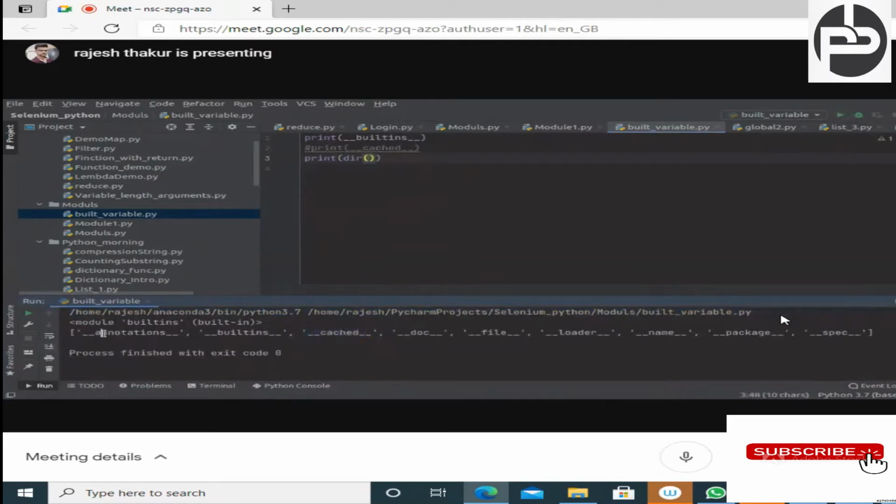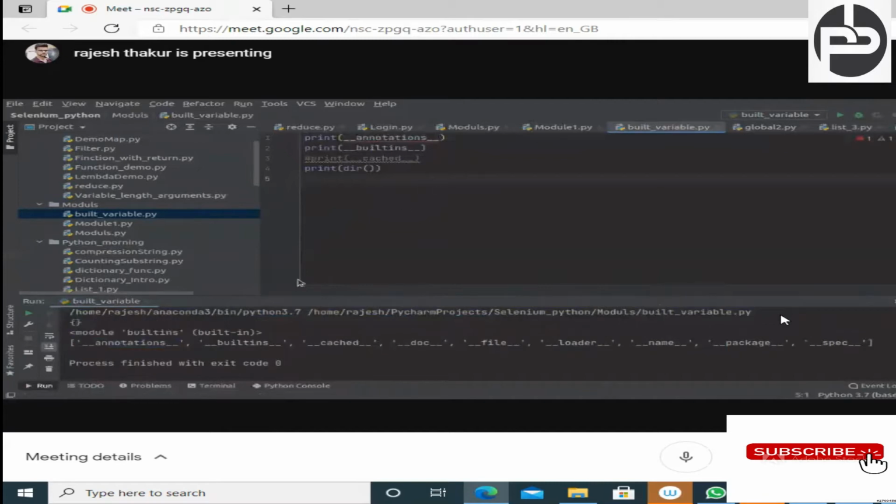Okay, let me make the annotations first. What is annotation? I will explain everything, don't worry. Annotations, it is throwing an error. Okay, anyway, it is throwing an error, but let it be. It is not an error, it's an interpreter issue. There is no issue at all. Print __builtins__, __cached__,